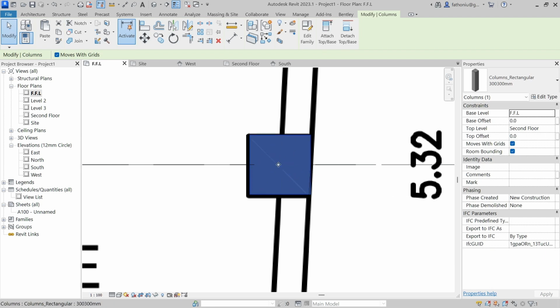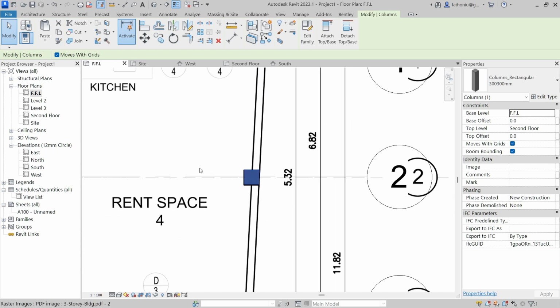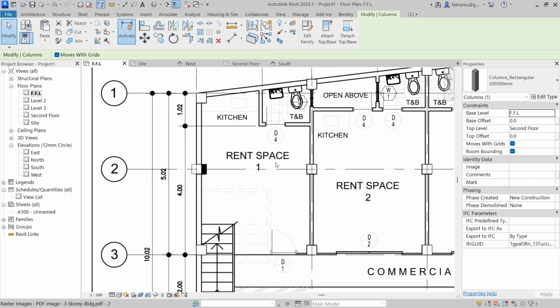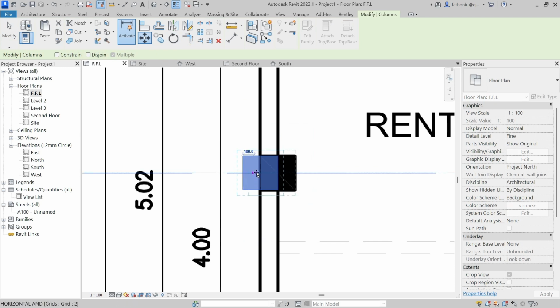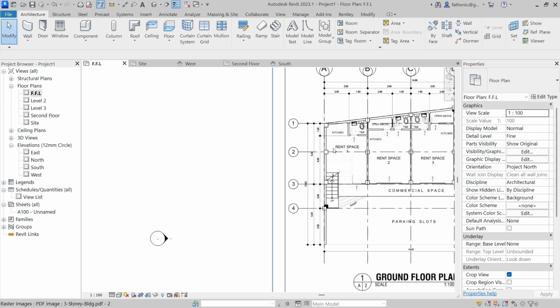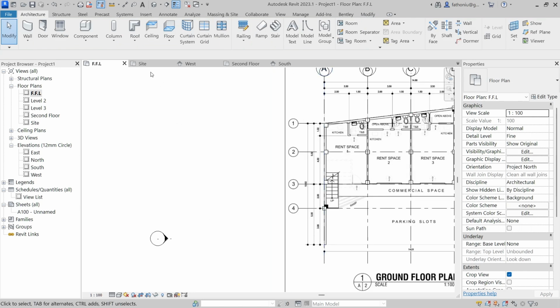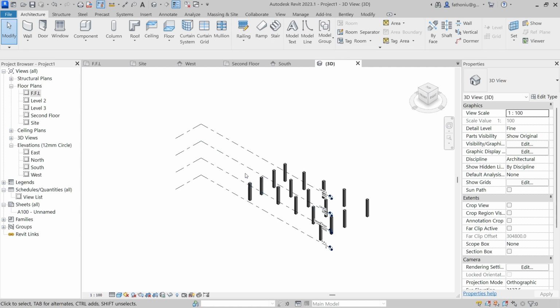So it's not exactly correct. Maybe we need to create a model line. Okay, model. Okay, only this one. Then create a wall. This one. So you can see the 3D model. You see here. This one, that one, and then